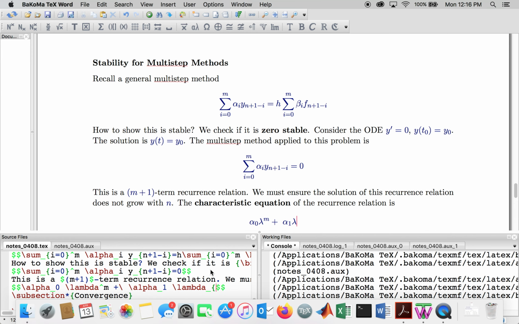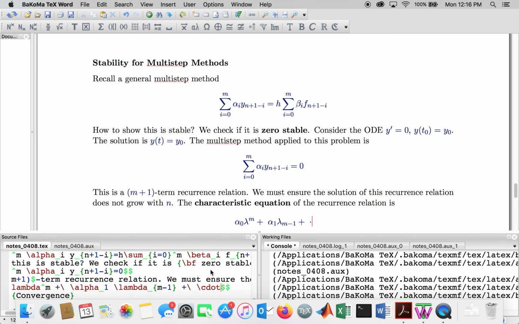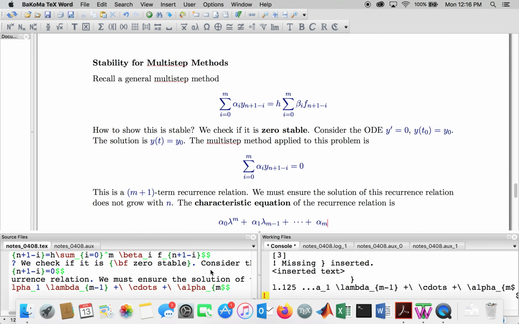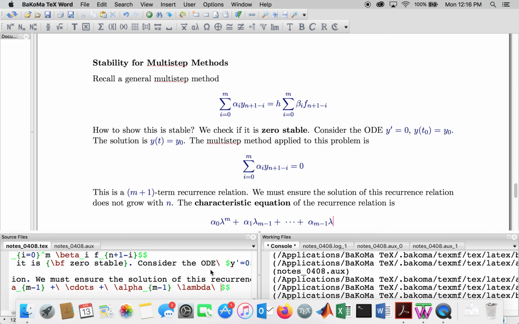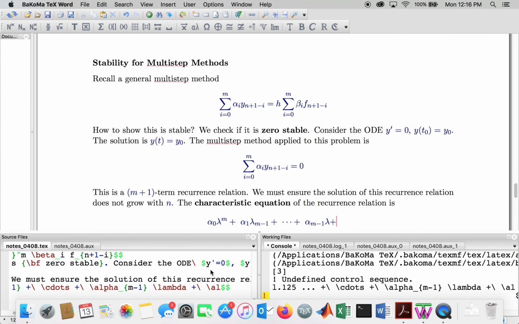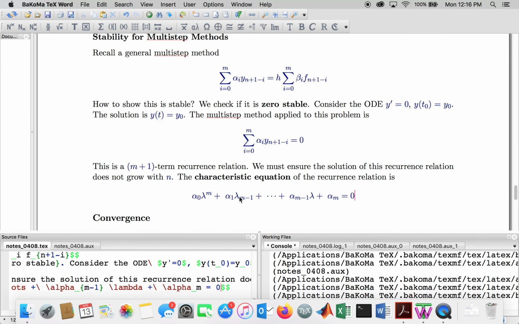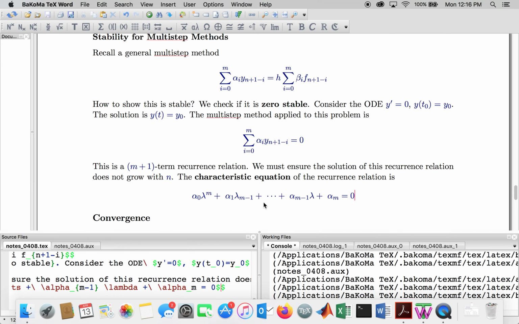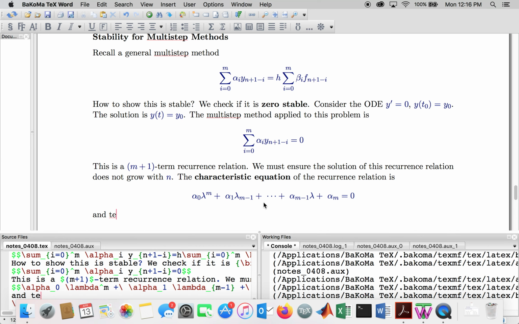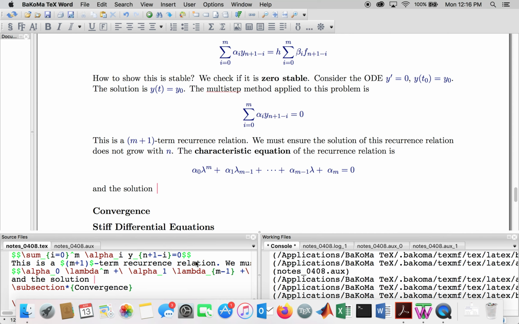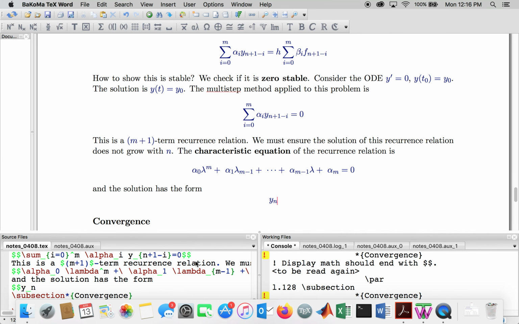So it's a polynomial equation. So what happens in this case is we get roots of this characteristic equation. There will be m of them because it's degree m, which may repeat or be complex. So then the solution of the recurrence relation